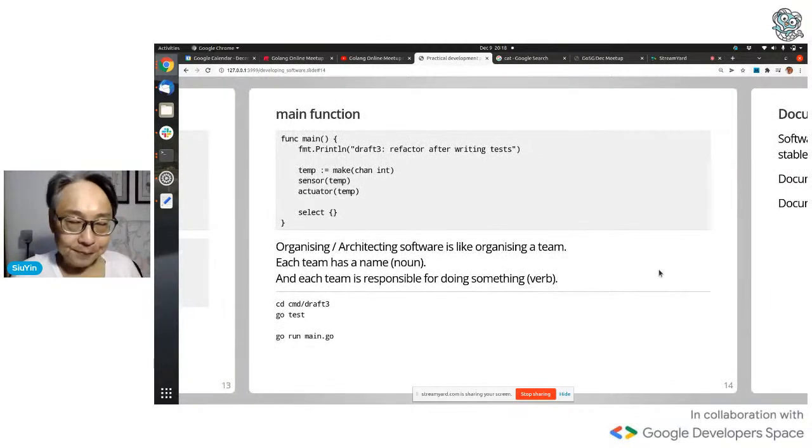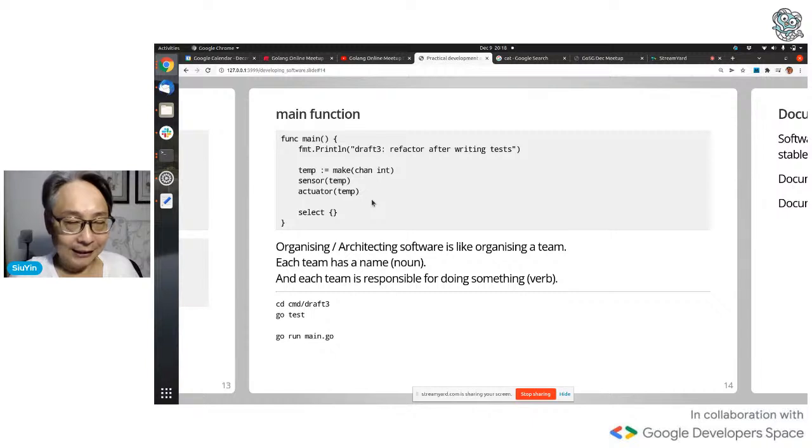Right. Now, how does the main program look? Draft number 3, after refactoring after rewriting tests. I still have my temperature sensor, which I created, but now I seem to be breaking the rules. Main function, I'm using nouns and not verbs.